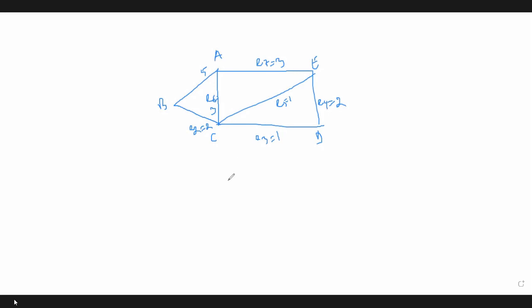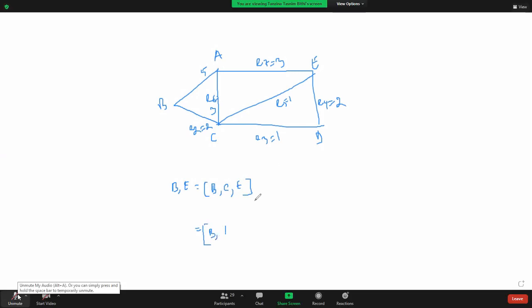Which one will we take? Obviously the lowest path length, right? So between B and E, there are two path sequences: one is BCE and another is BAE. Now if we take the first path, how much time do we need for traveling from B to E? Just add all the weights. Between B and A there is an edge and its weight is 5. So 5 plus 3 equals 8. The weight of this path sequence is 8.